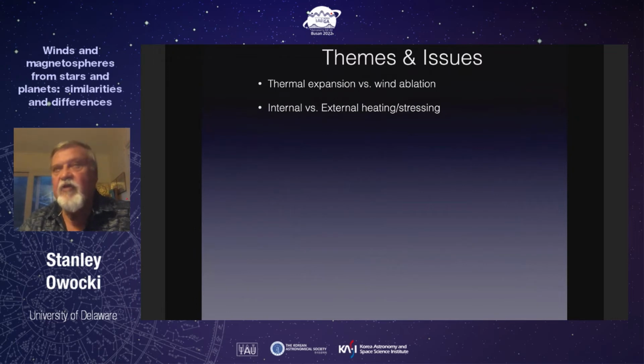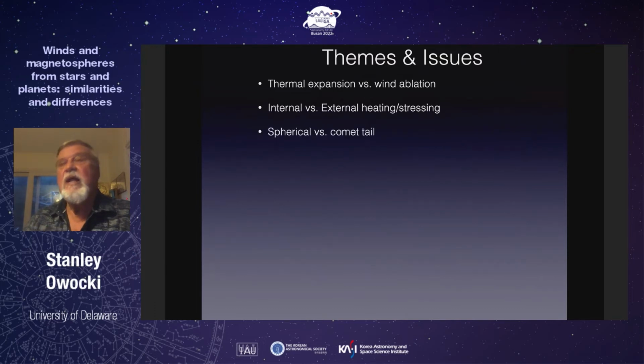One of the key differences between the two processes is that the energy propelling this thermal expansion from the sun and other stars is coming from inside, whereas for planets it's coming from the outside, whether it's from heating from the ultraviolet light or stressing from the impact